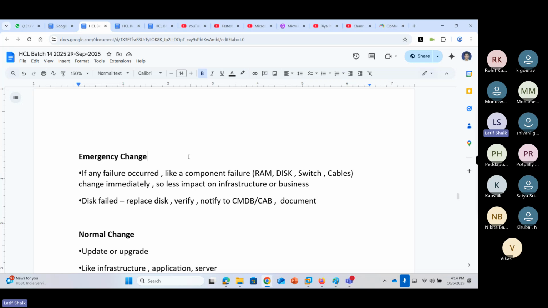What is asset management? Listen carefully, guys. Generally we use GLPI as one of the tools for asset management. What is an asset? Like an inventory. Asset management is nothing but an inventory of your IT components.